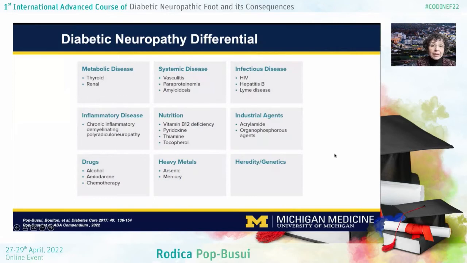And among these various peripheral neuropathies, here in this table that has been recently published as part of our most recent initiative with the American Diabetes Association, which is the ADA Neuropathy Compendium, just published a few weeks ago, are the metabolic diseases that are relevant for people with diabetes, particularly thyroid dysfunction and renal dysfunction,